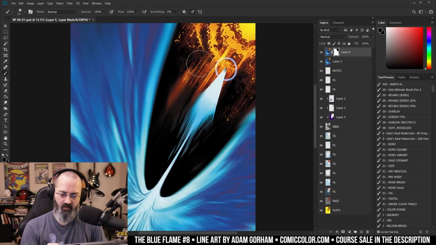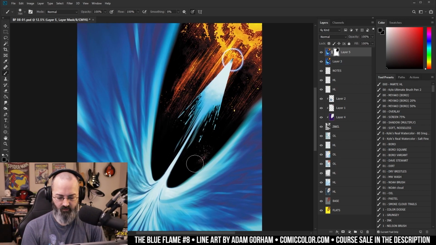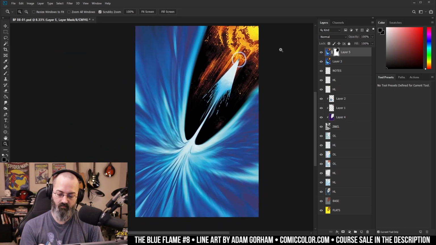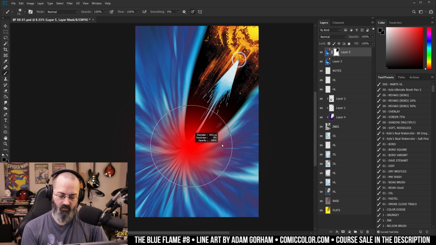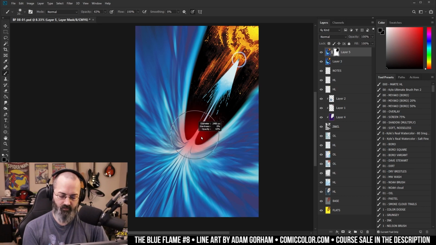And we don't want any of these little areas. I am not opposed to leaving maybe a little bit of this. I don't know. This actually looks kind of cool, but I like Adam's stuff better. So we've got that part, that part's done. I don't want as much of it in the center here. I'm going to lower the opacity back down a little bit. And we're going to paint this out